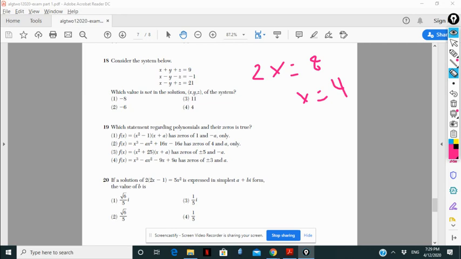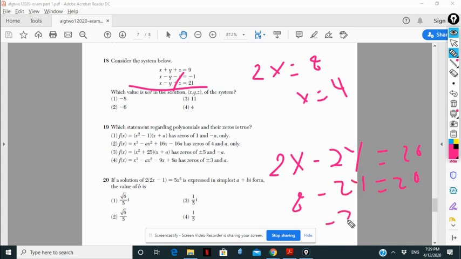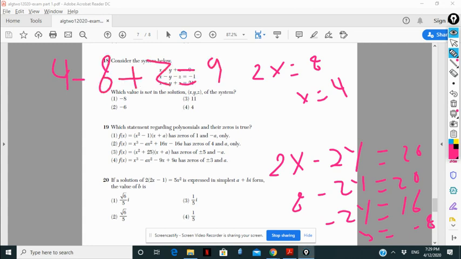What if I add these two equations together? So that cancels out. So I have 2x minus 2y equal to 20. The x is 4, so 8 minus 2y equals 20. Negative 2y equals 12, divided by 2, so y equals negative 6. Now I can plug in 4 minus 8 plus z equals 9. That's negative 4 plus z equals 9. So z equals